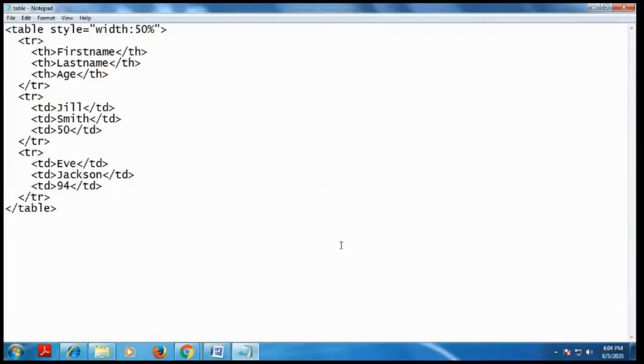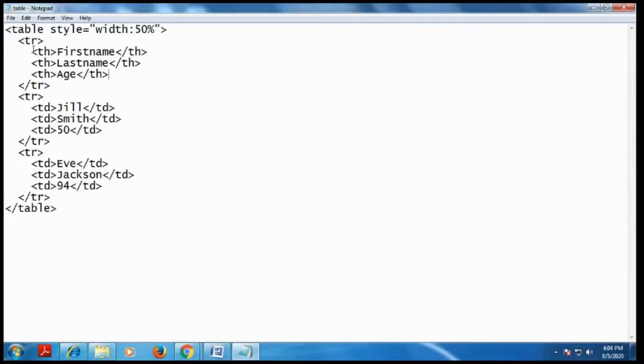Next, I put the th tag. I already told you the meaning of th, the table heading. If you specify the table heading information in the th tag, here I have to just imagine I have to draw the table, and I have to put just 3 column values. What are the 3 columns? The table heading information is stored only in the column headings. Here I have to use first name as one column, last name as one column, and age as one column. These are the table heading information, so I have to use the th tag.